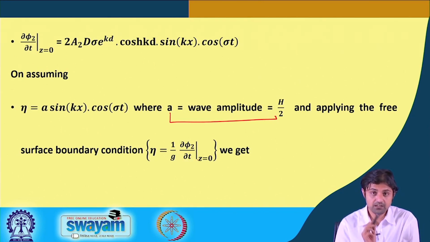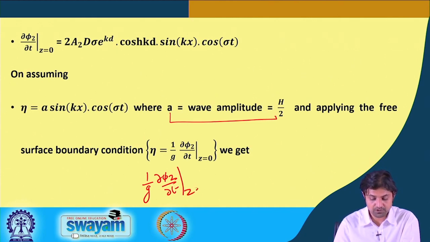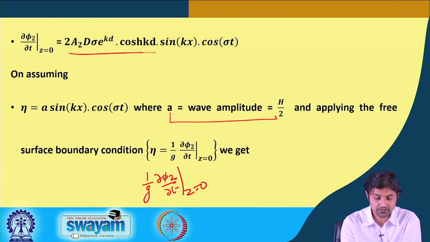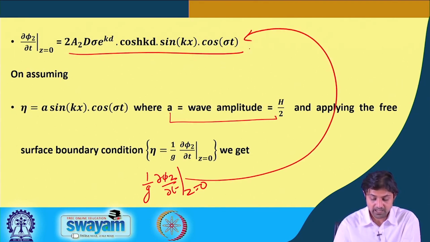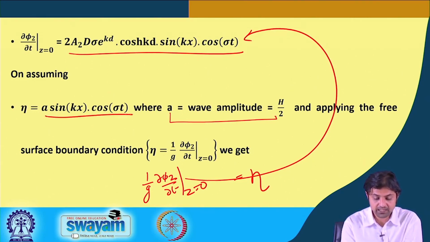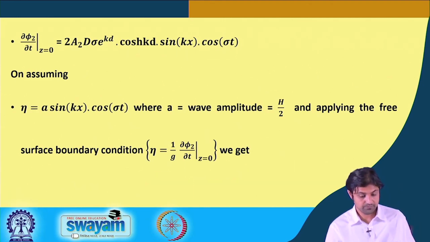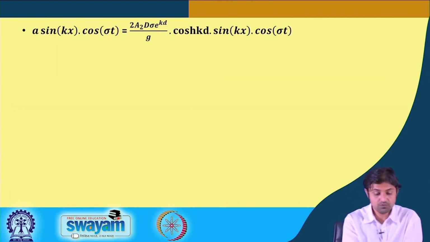So, first we have applied the bottom boundary condition. In the second step, we want to apply the dynamic free surface boundary condition. For applying the dynamic free surface boundary condition, we need to calculate this term 1 by g del phi 2 del t at z is equal to 0, and this is what we get, this term, and this we equate to eta. Eta is the free surface, which is equal to a sin kx into cos sigma t. So, simply what we do, eta is equal to,